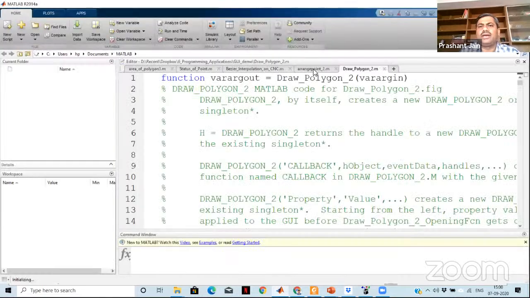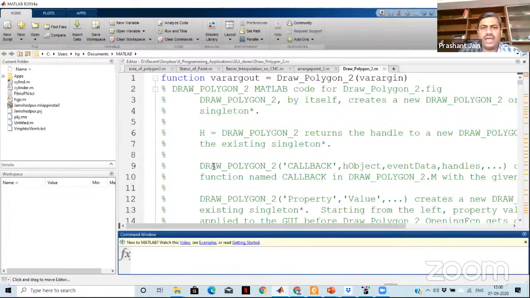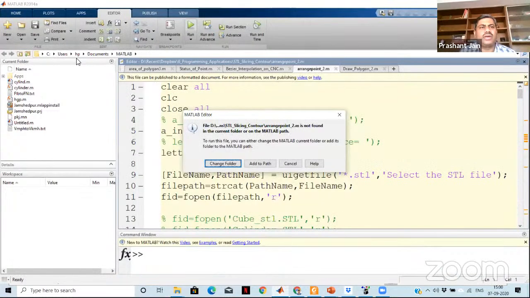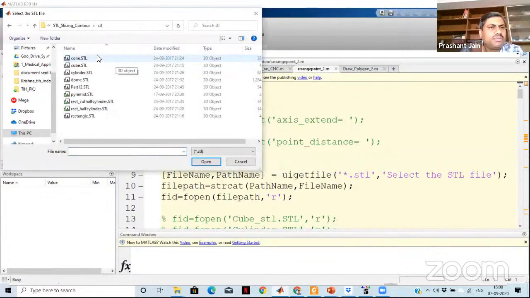If I run this program, I can have an STL file on my system, right? Just like any other commercial software, I can open an STL file. And first, let me show you a simple full pyramid STL, which will be very easy to understand for you, right?